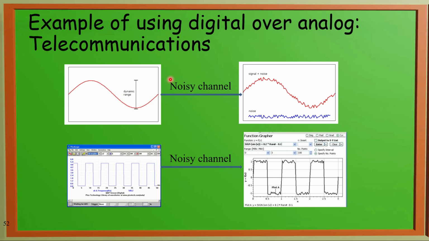In analog signal, noise is a big problem. The system which is using analog signal is more prone to noise, but digital signal will have less effect of noise, because even if there is noise, we have to just detect the higher or lower value, that is 1 or 0. But in analog signal, we have to remember all the values. That is why if there is noise, we cannot retrieve the exact signal or understand the exact meaning of this particular signal.